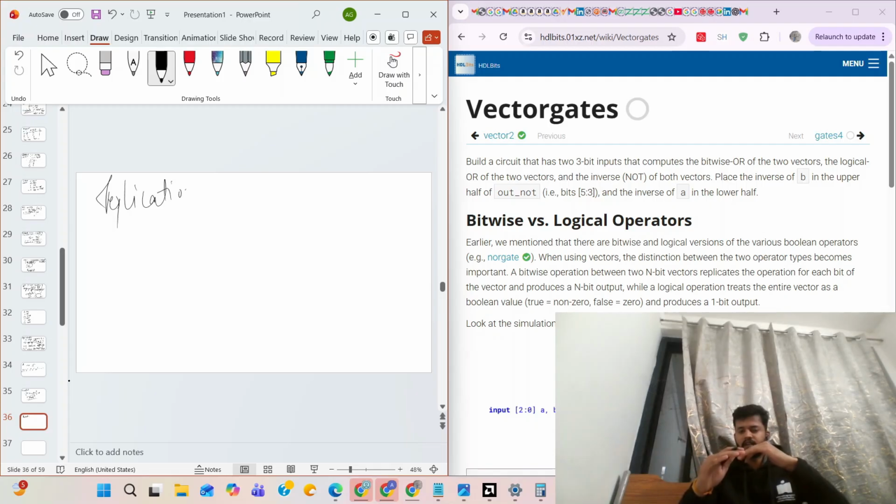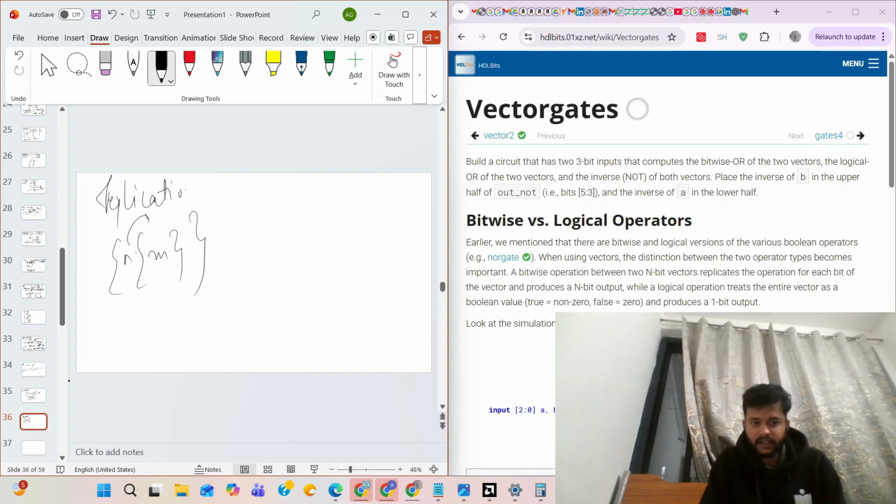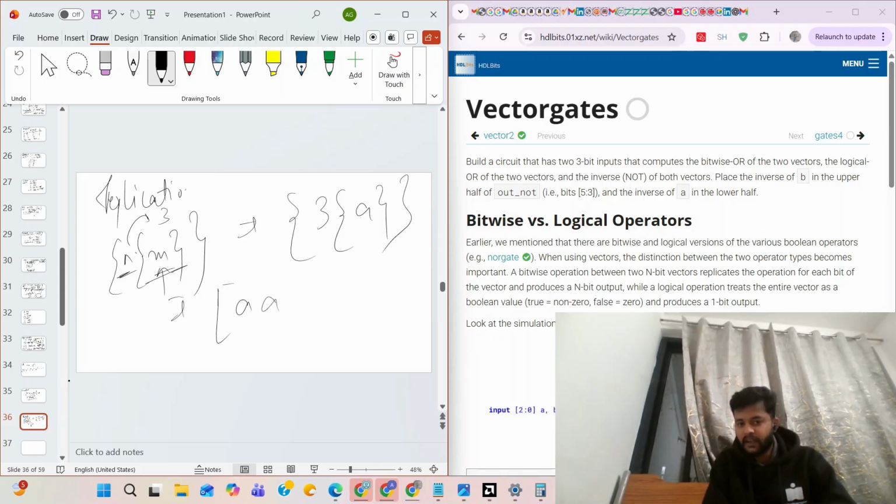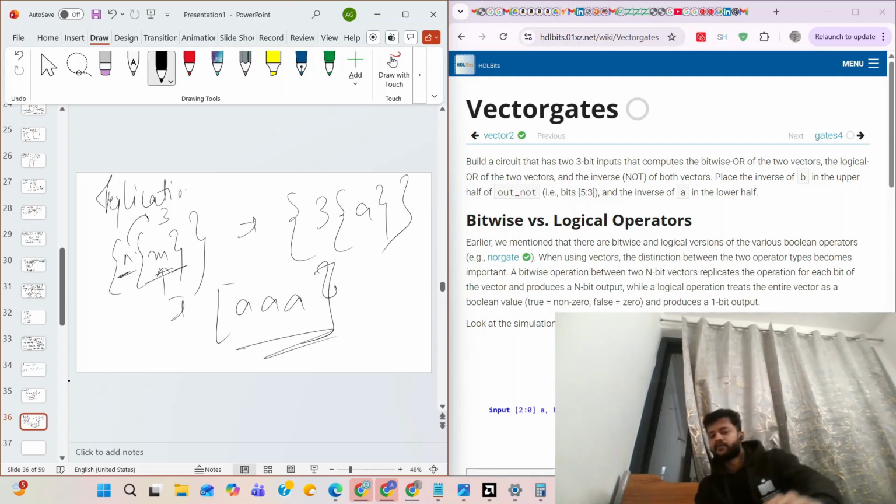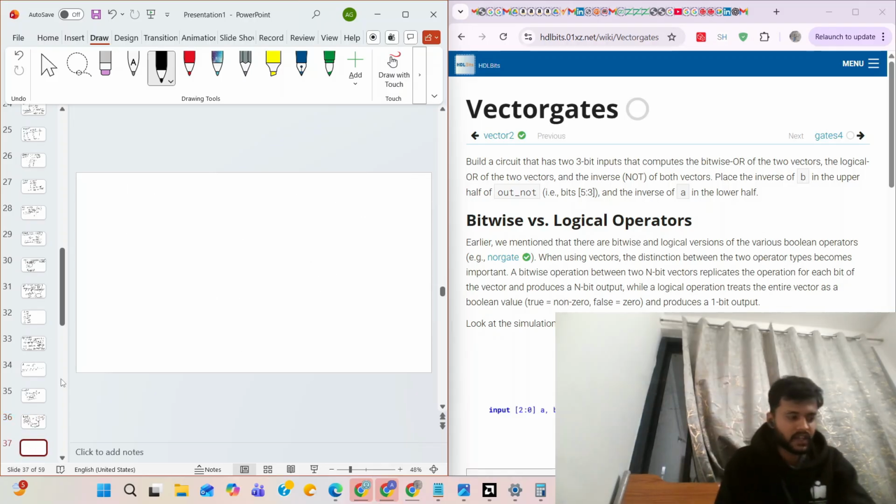And one is the replication operator. Replicate means copy, Xerox, photocopying. Like that, you can explain. This one denotes how many times the replication has to be done, let's say 3 times, and this one is the expression. Let's say you are doing 3 times this A. So what will be the output? Triple A, 3 times. It will replicate all those things. You understand, right?